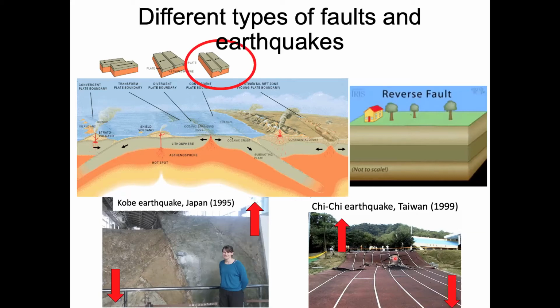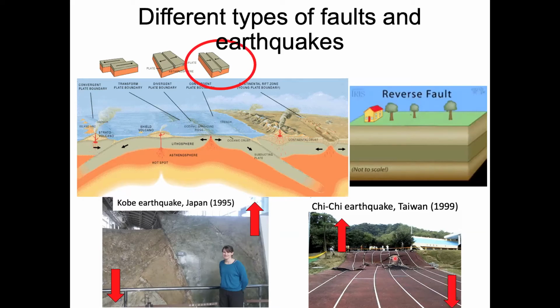Now, this last one is actually a really nice illustration of one of the hazards of earthquakes, and that is that earthquakes can cause the ground to be broken and to change in its shape. And that can be a real problem if we've got important infrastructure that runs across these faults. A running track is maybe not very important infrastructure, but imagine that that was a pipeline for gas or for water, or imagine that was a bridge. And you can see that that offset in the ground surface could cause potentially quite a bit of damage and hazard as a result of the earthquake.